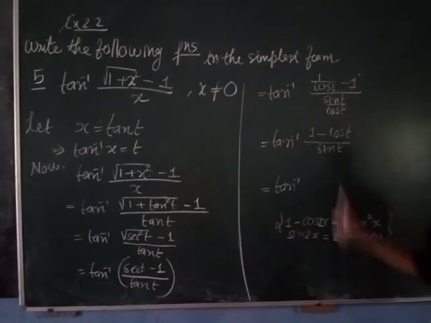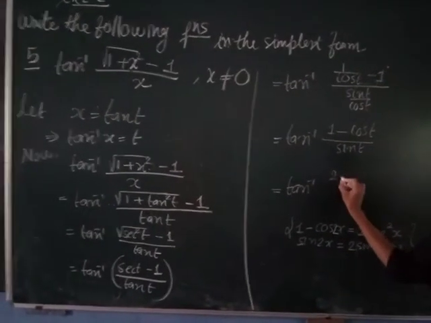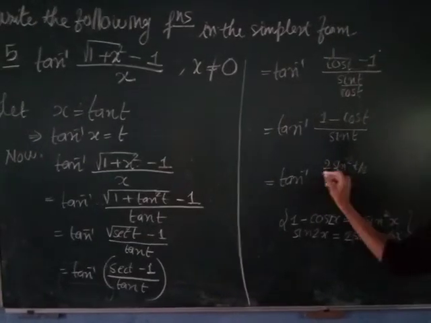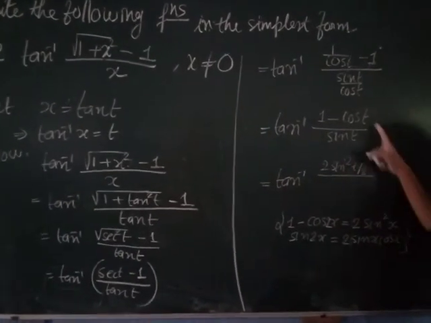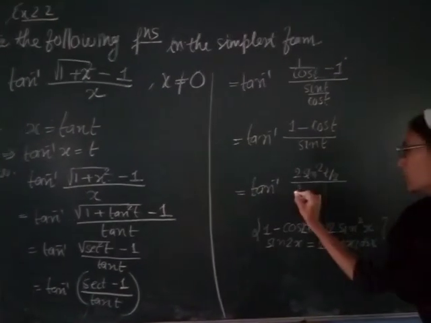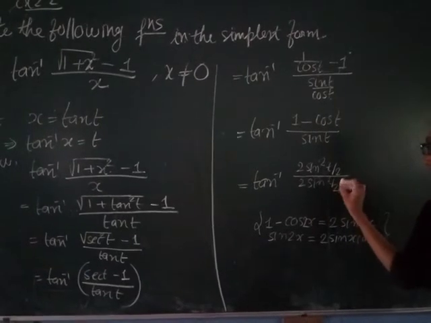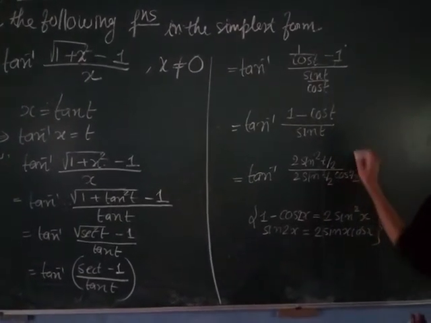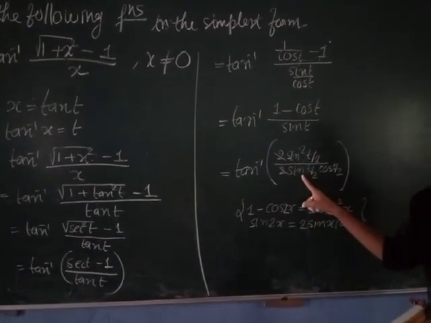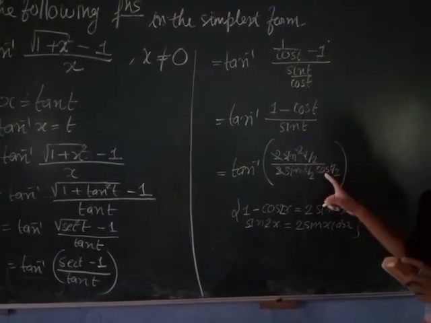So I will apply the same result but with the change in this angle. So here it will come 2 sin square t by 2. I am using this result. So t becomes t by 2 and this formula is 2 sin square. And sin t I will write as 2 sin t by 2 into cos t by 2. Now see, 2 and 2 will cut. Sin square t by 2, sin t by 2, so one sin t by 2 will cut. So here remains sin t by 2, cos t by 2.